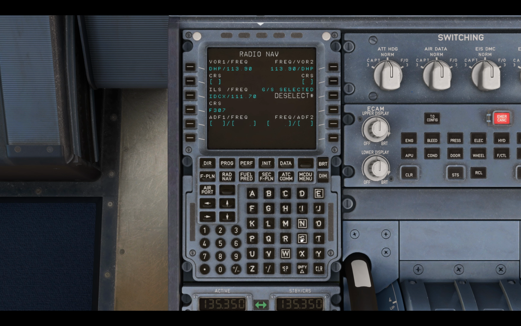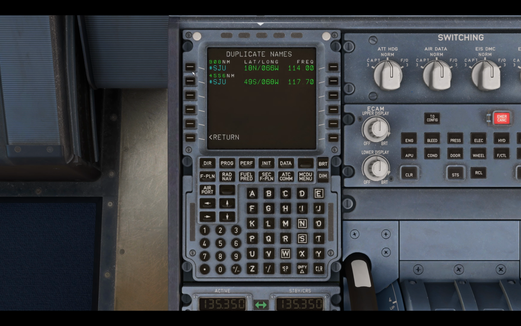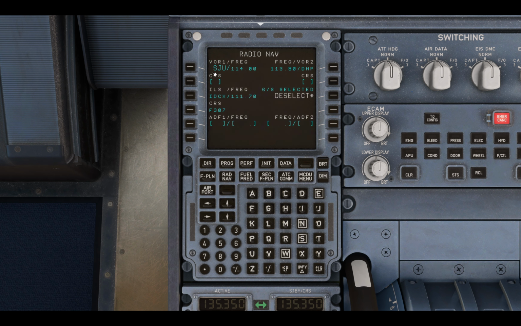But otherwise, we can manually tune a VOR. For example, we're gonna select Sierra Juliet Uniform, which is another VOR, 140. These bigger letters tell the pilot that the information has been inserted manually. If you want to revert this action, click clear and ensure. The same goes for the ILS frequency. In this case, our departure runway will match the frequency, so this is okay, but the course on this side will be